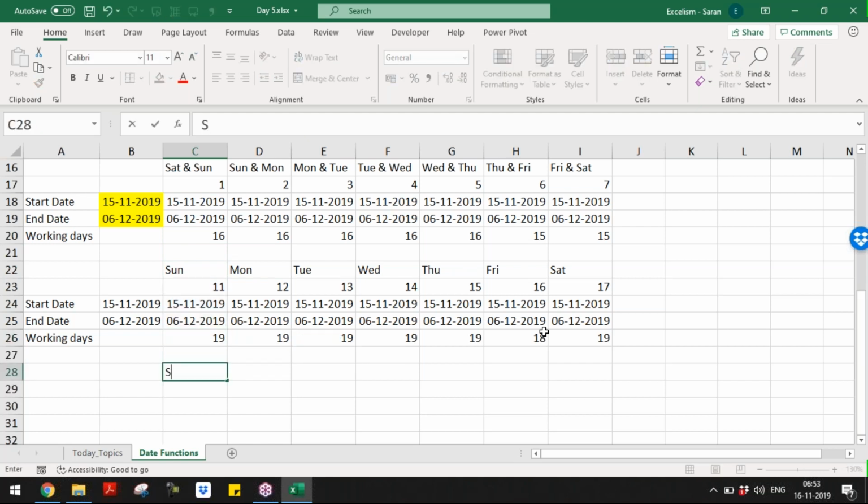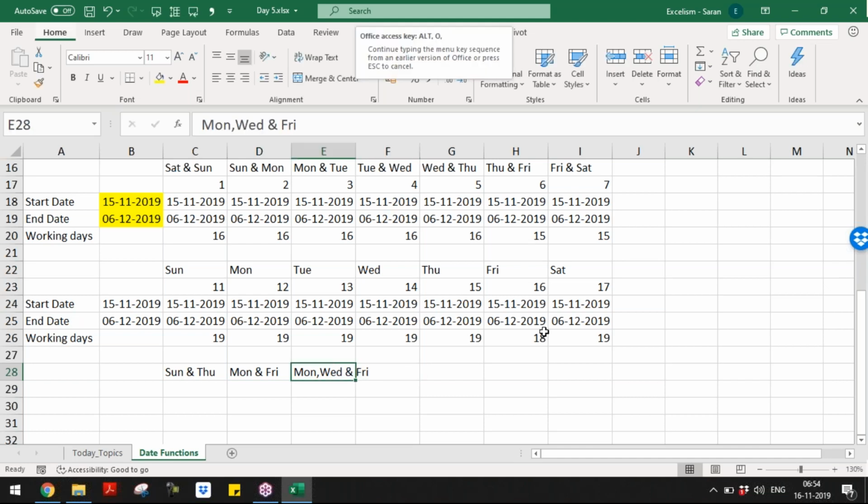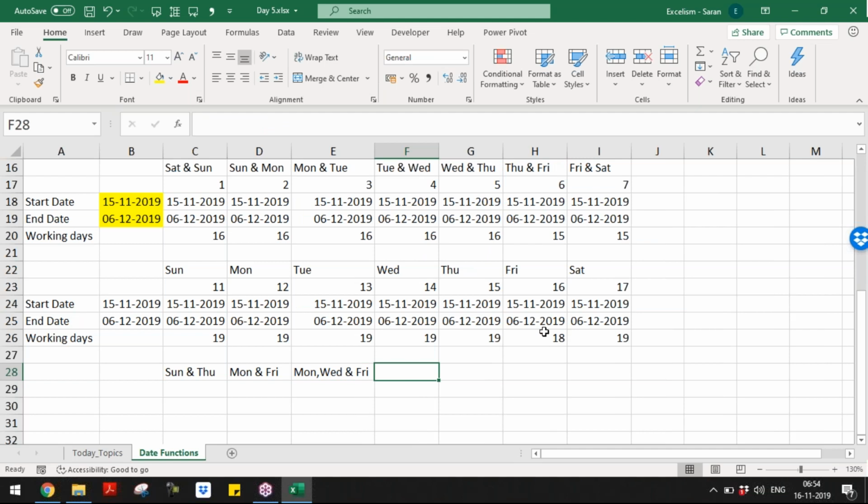For example, if I ask you a sudden question, I want to consider Sunday and Thursday as a weekend, or else Monday and Friday are the weekend, or else Monday, Wednesday, and Friday are the weekends, or else I want to consider Monday through Thursday, all four, as the weekends.